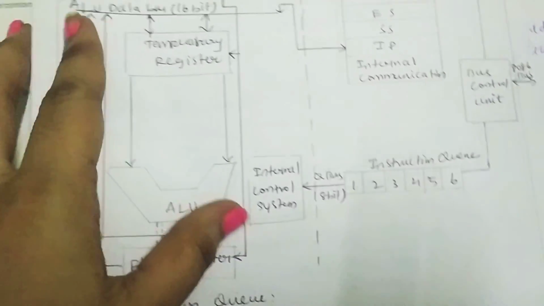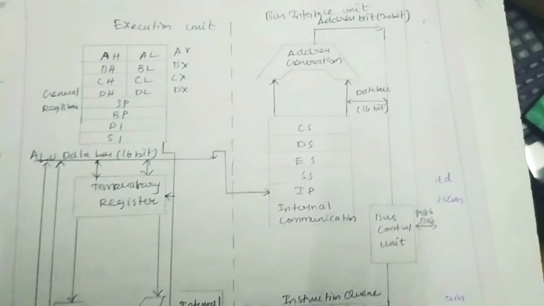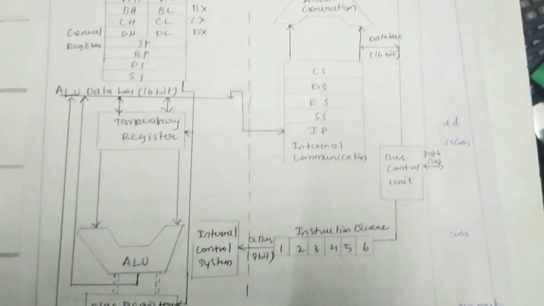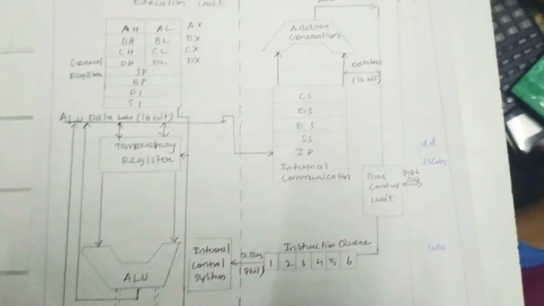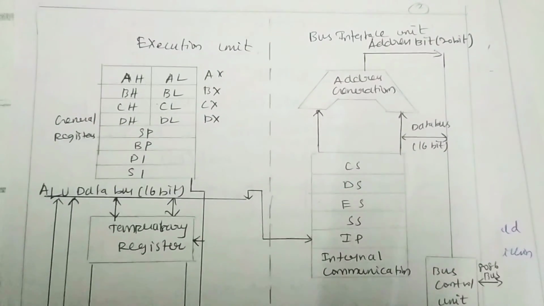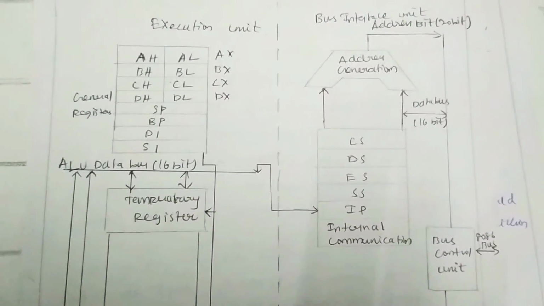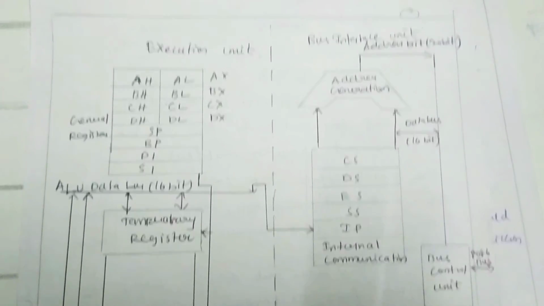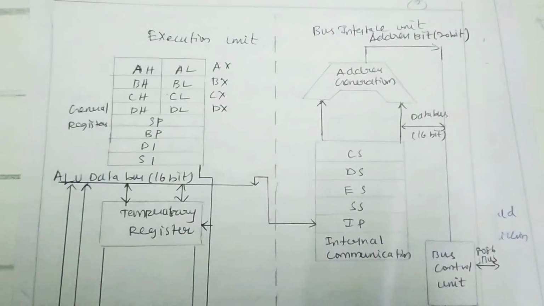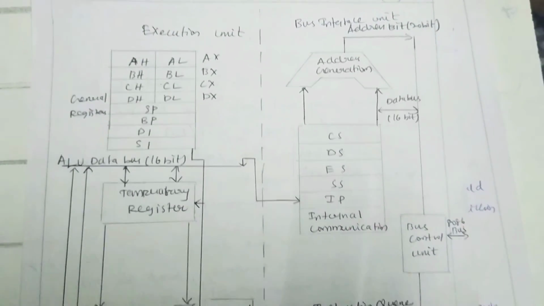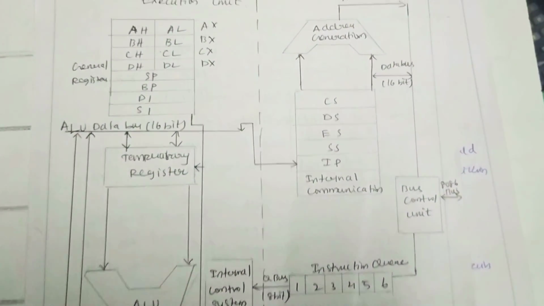This is the total set of processes in our architectural diagram. This is the architecture of the 8086. The 8086 was mostly used in those times. Now we have developed and many more ICs have been introduced, and we are going forward with those ICs. This is the total view of the 8086 architecture. Thank you.